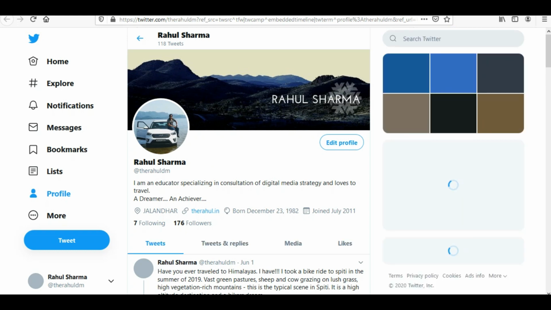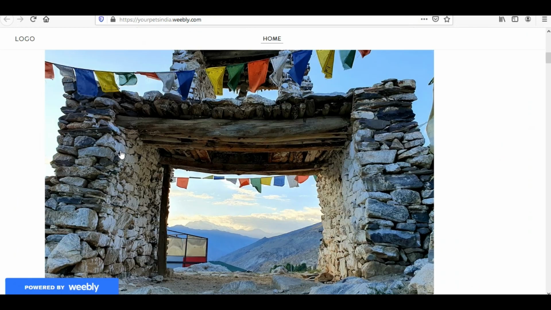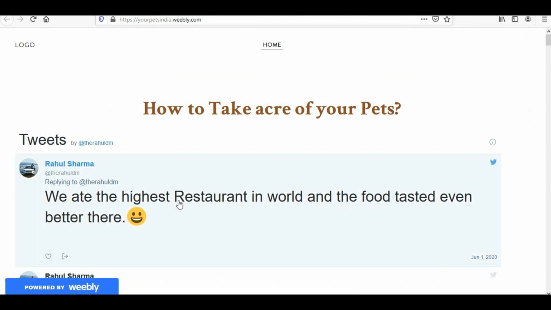So this is how your audience would be able to interact with you on Twitter through your website also. And whenever you make new tweets, by default those tweets would appear at the top of your tweets list. So daily updates in the tweets would be updated here also.